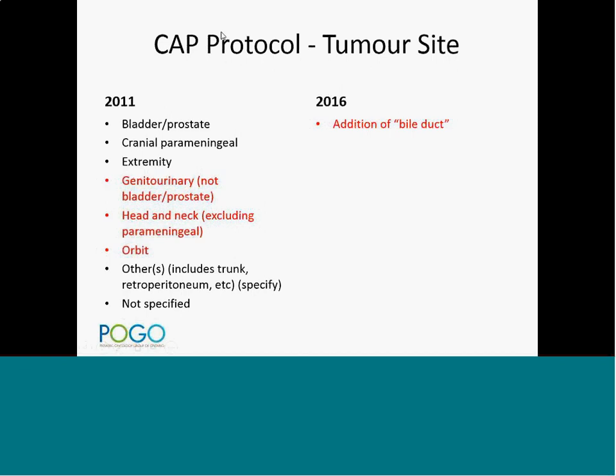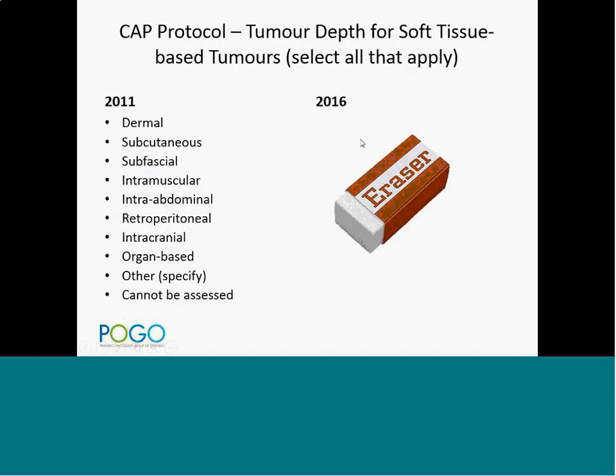Important. Tumor sites are listed there. Essentially the same for both protocols, with the difference being the addition of bile duct in the 2016 category. And those highlighted in red are the favorable categories. Those highlighted in black are the unfavorable or other subcategories. Small addition of bile duct to the 2016 because that was seen as a favorable